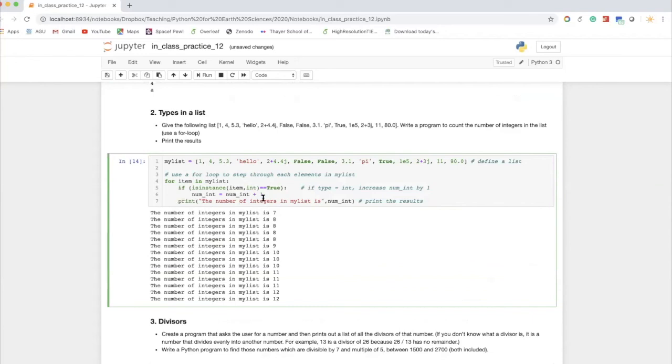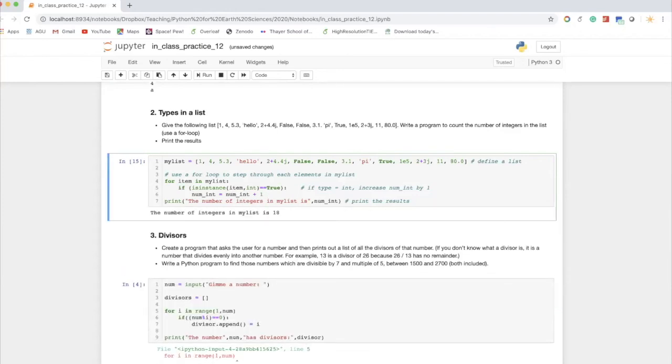The indentation issue is that I am looping over all these variables, and I print out the number count every time in the for loop. So the right way to do it is I need to make sure my indentation is right. And if you do that, the number of integers is 18, yeah, because I ran it 3 times, I didn't define it. All right. Okay, anyway,